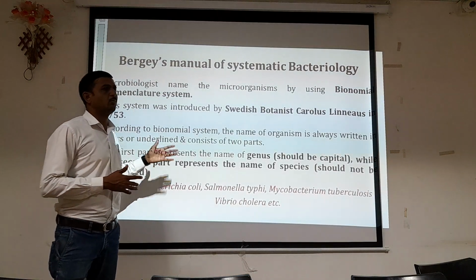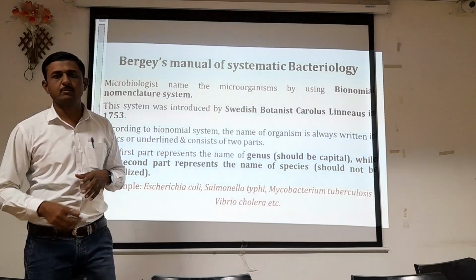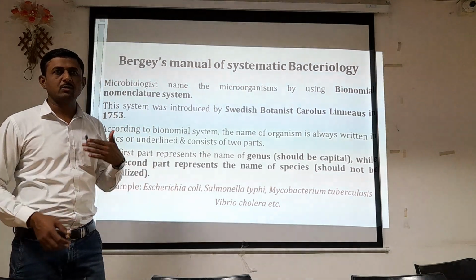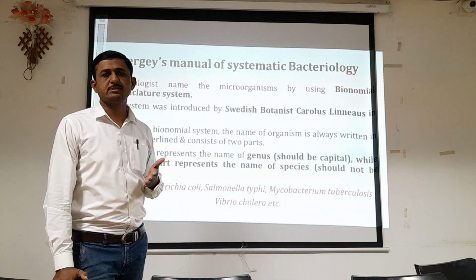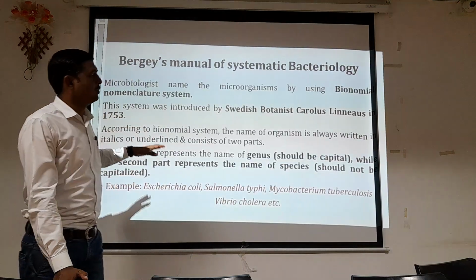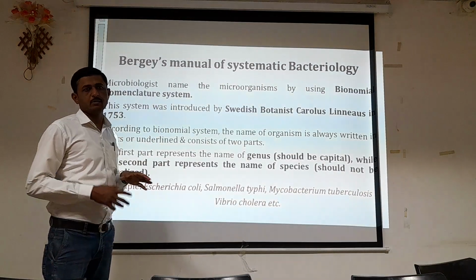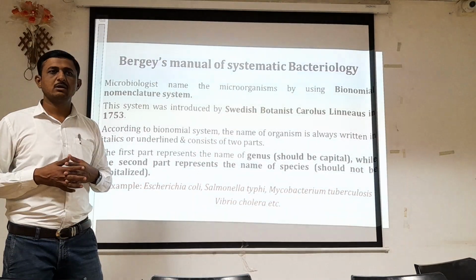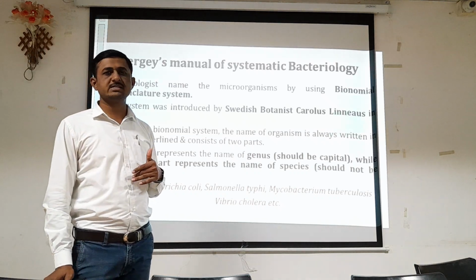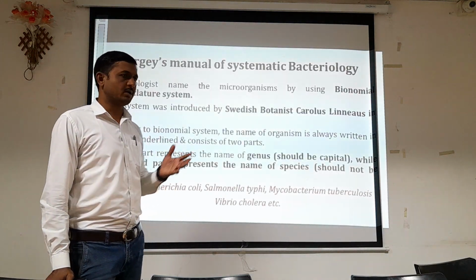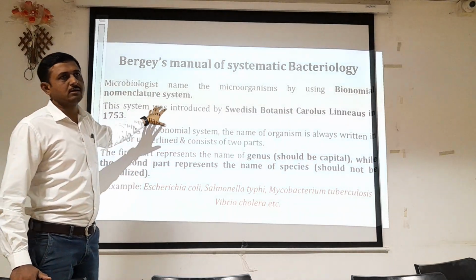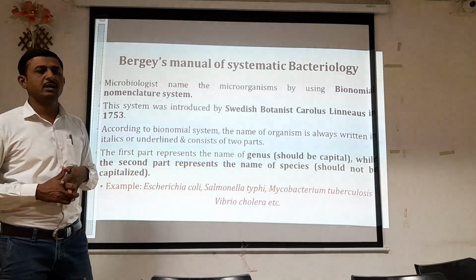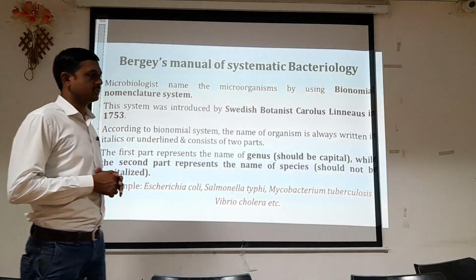Apart from that, at the laboratory level, when we try to identify a particular organism, including in your dissertation or project when you do not have any financial support, we can use that manual for the basic identification of microorganisms up to the genus level. We could not reach the species or strain level of identification, but up to genus level we can use that manual. So it is Bergey's Manual of Systematic Bacteriology. It is again a part of your syllabus.